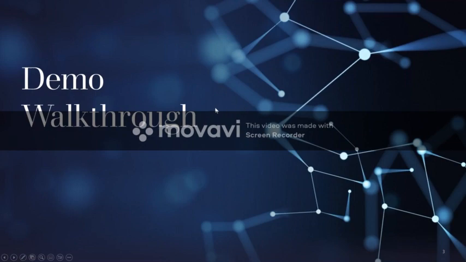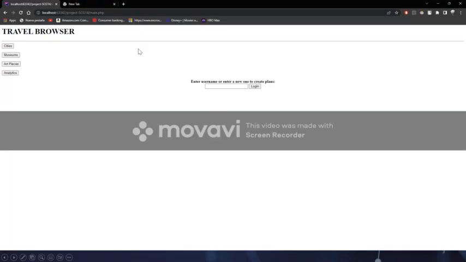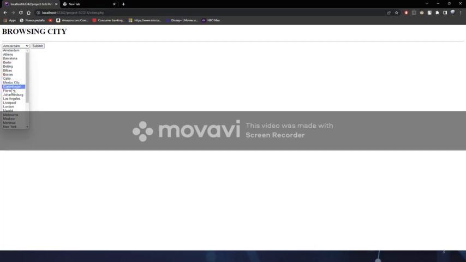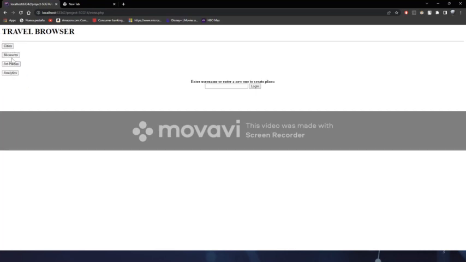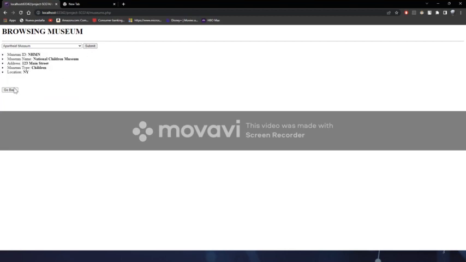So, getting through the demo walkthrough of the project, this is the main application, and first we can see that the UI is not that good, which is because I focused more on working the database part. So getting into that, the first thing we see here are these four buttons of cities, museums, art pieces, and analytics. The first three are kind of the same. What they allow the user to do is to click on some cities and get some insight that I'll explain later in my table. So the cities and the museums will do basically the exact same thing, but